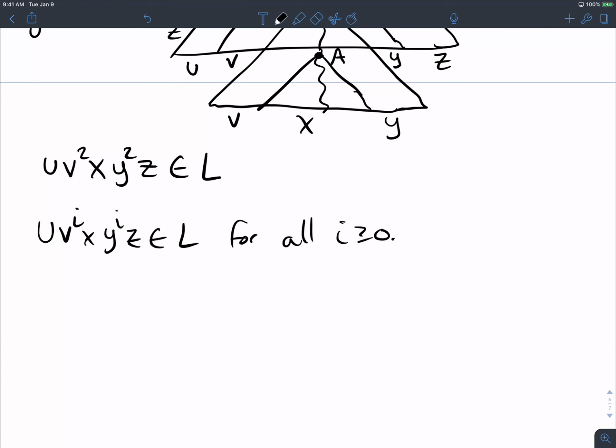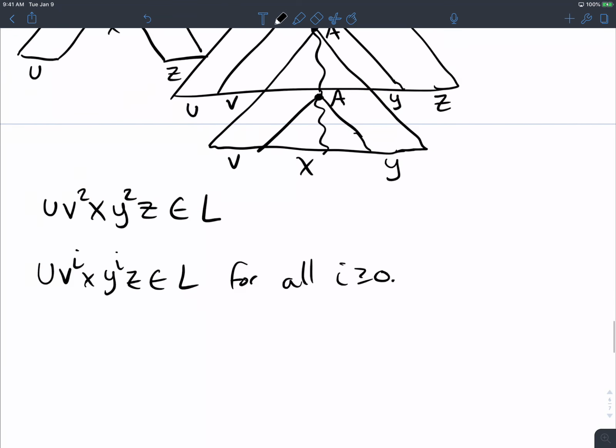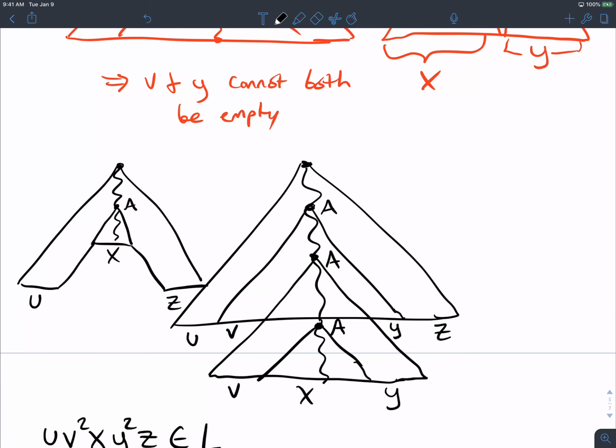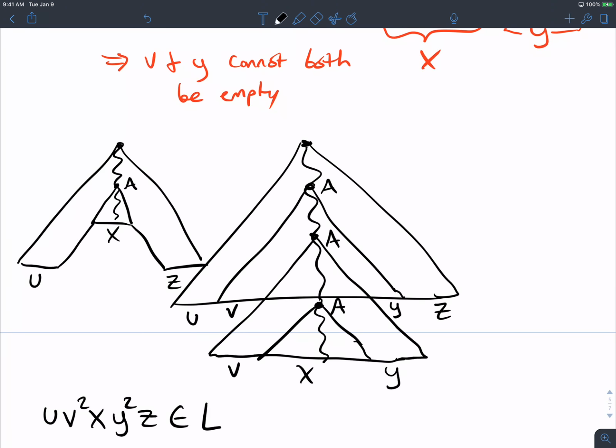What was the other condition about regular languages? So we had the all i at least 0 condition and the non-empty condition. What was the third one with regular? Yeah, the length of the first 2 parts was at most P. And we saw that because if we looked at the very first time we looped, that couldn't have occurred more than the first P characters. So let's do an analogous thing here. What is the part that is being repeated? It's this subtree that has the VXY part in it, because that corresponds to the variable A. So for that reason, how long could the VXY part be?